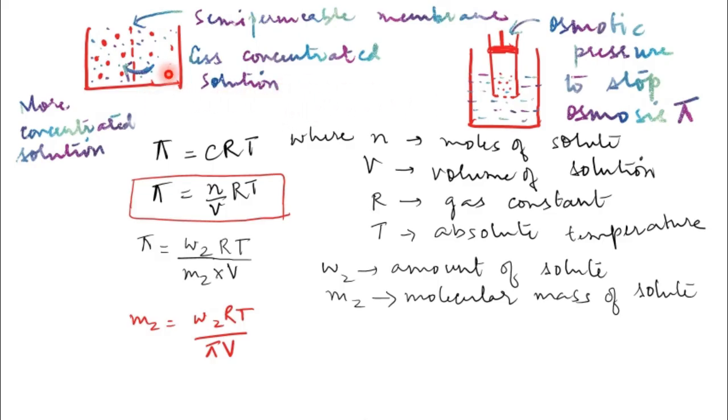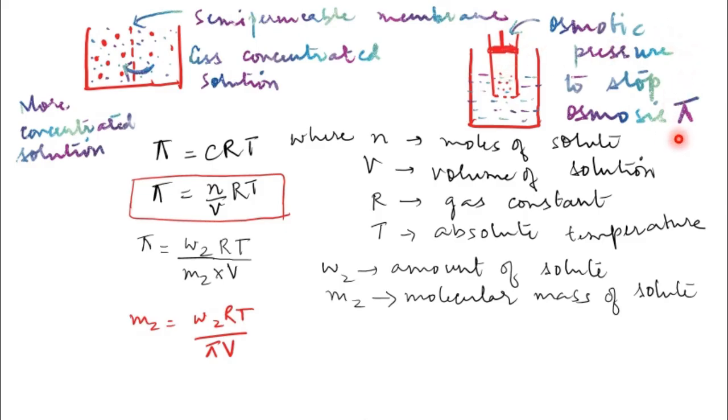What osmosis is and what osmotic pressure is can be shown by these two diagrams. Here you can see that this is a less concentrated solution where solute particles are lesser in number. This is a higher concentrated solution, and now solvent particles are moving from the less concentrated solution side to the more concentrated solution side. And in this one you have pure solvent outside, while inside it is solution, and at the bottom is a semi-permeable membrane, and solvent particles start moving inside this container. And if you want to stop it, you have to apply pressure by a piston